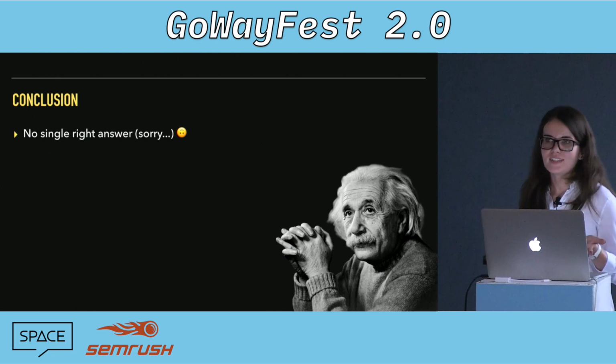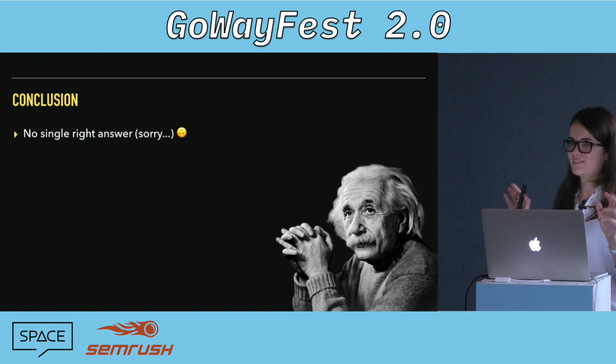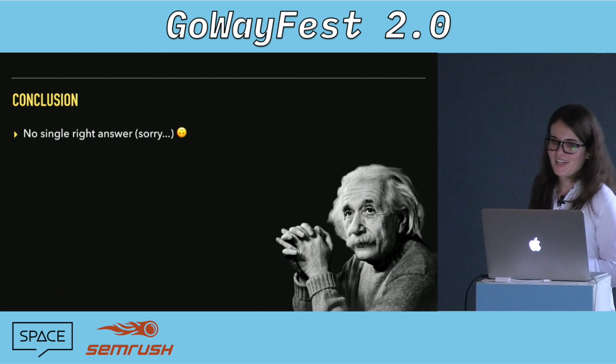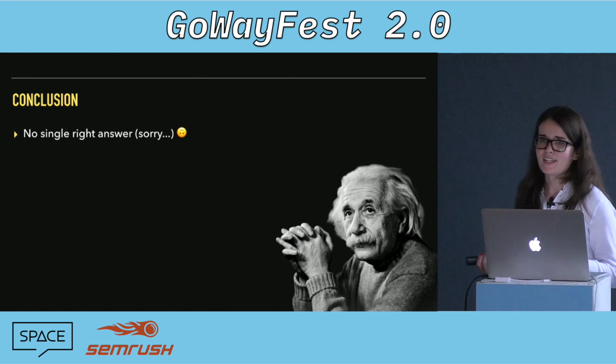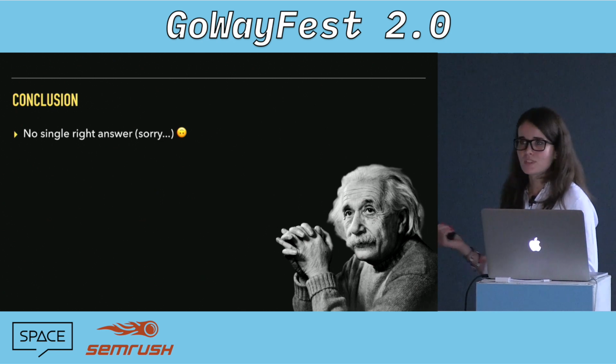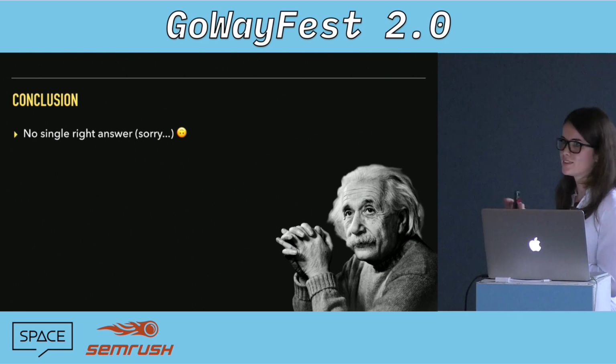So I'm sorry, I don't have a single recipe for success for you here. I hope I managed to clarify the different approaches a little bit, though. There's no single right answer to code structure. It's literally whatever works for you and whatever works for your project. Even my examples are just an example approach. They probably could be improved in some ways. So if you have any suggestions, by all means, send me pull requests.